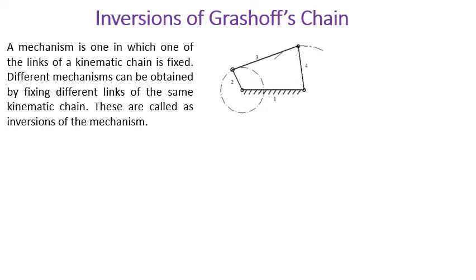From a practical point of view, a kinematic chain with 4 lower pairs is very important. So these 4 lower pairs may be either sliding, turning or a combination of both. It is also found that a number of complicated machines are based on combinations of various inversions of these simple chains. So in simple terms, you can see in the diagram, this is the 4-bar mechanism. In this 4-bar mechanism, we have fixed link number 1. Therefore, this is the first inversion of the kinematic chain.